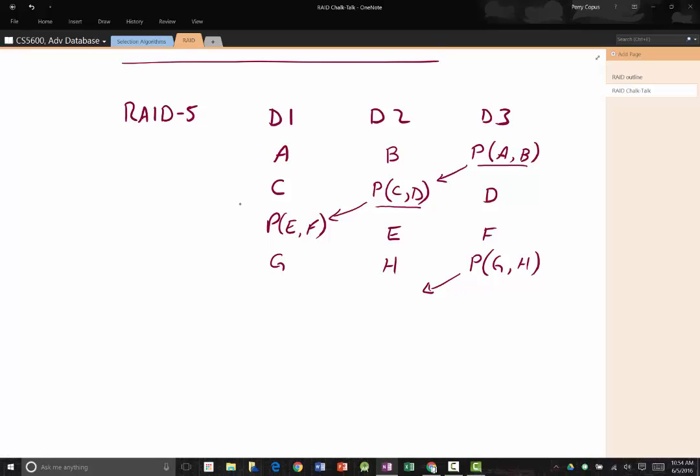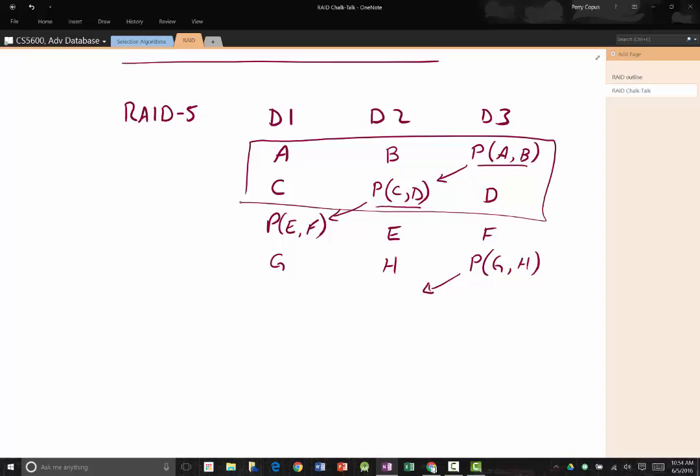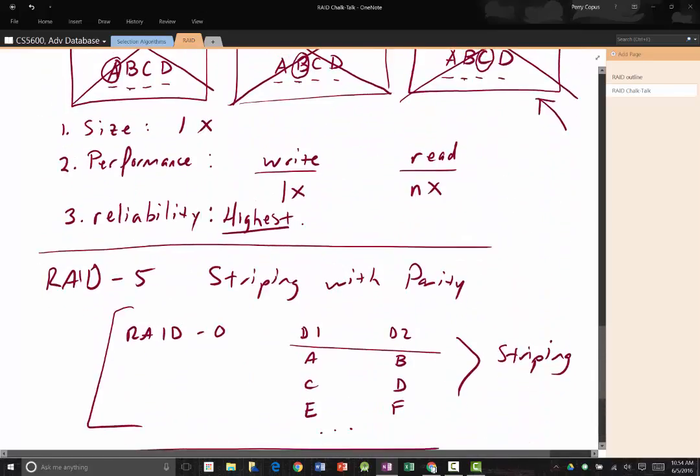But back to our original file then. Remember, A, B, C, and D was all that we had. We have 3 disks. We've calculated this parity value. Now the parity is a very easy thing. One kind of parity, which is very common and very easy to understand, is a parity produced by using an exclusive OR operation. In fact, at this point I'm going to revisit the values that we had for A, B,